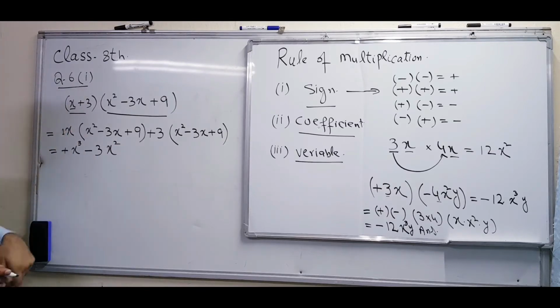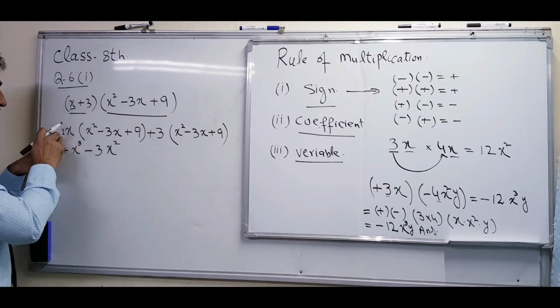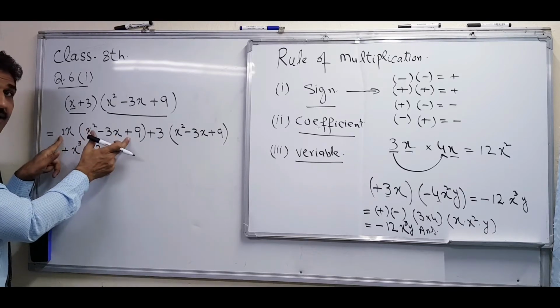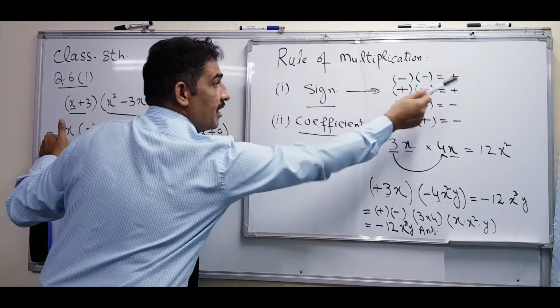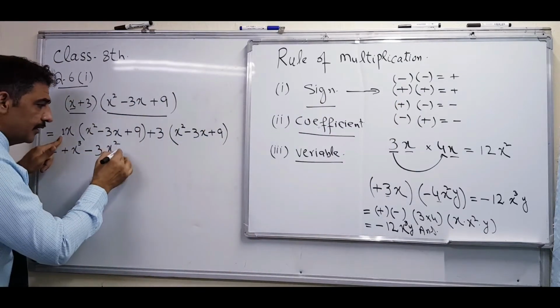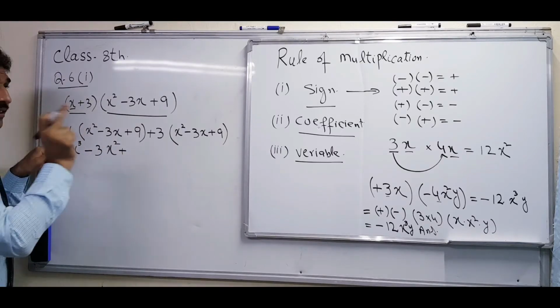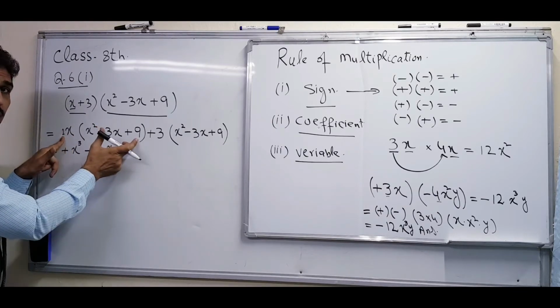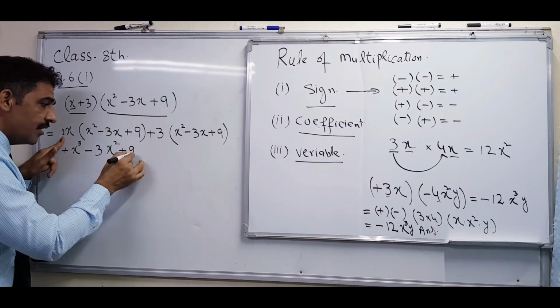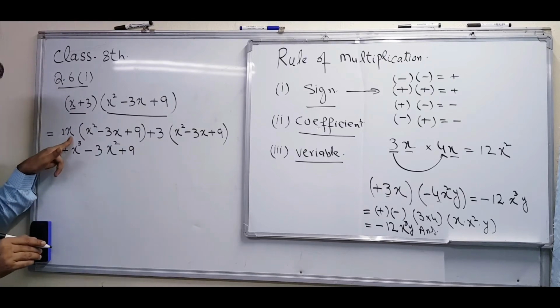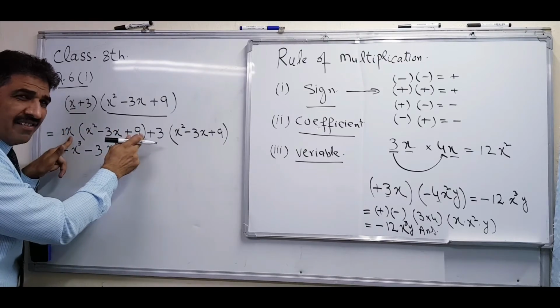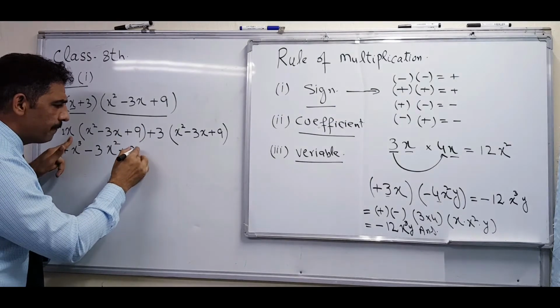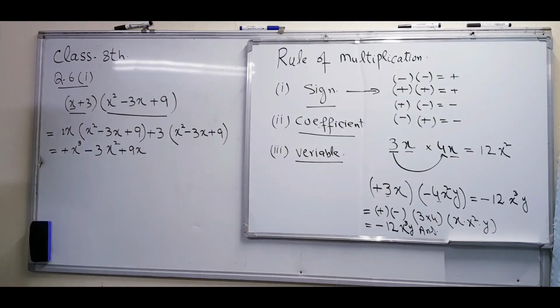Correct? Again. So first sign. Here sign is plus. Its sign is plus. So plus into plus, plus. Good. Then second, coefficient. 1 into 9. 9 ones are 9. Then variable x. Is there any variable? No. Single, then write the same. These are the complete steps. Then after that I will explain how to do that, the shortcut also, right?